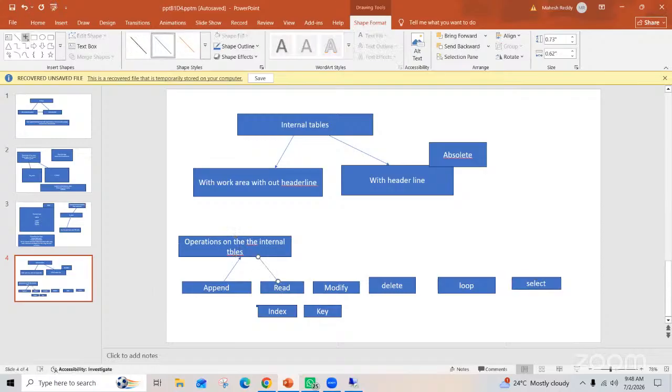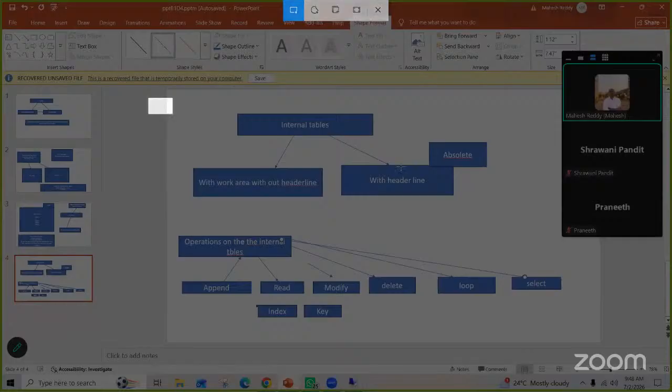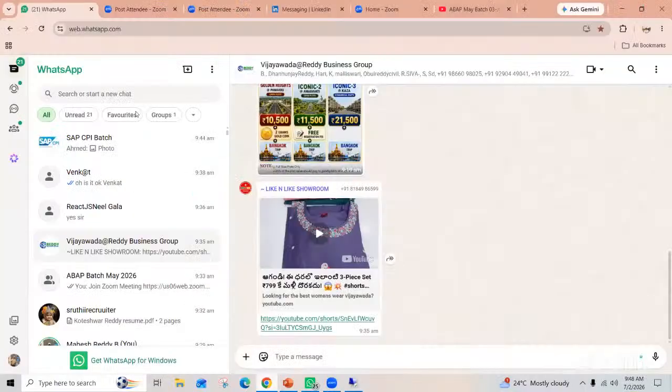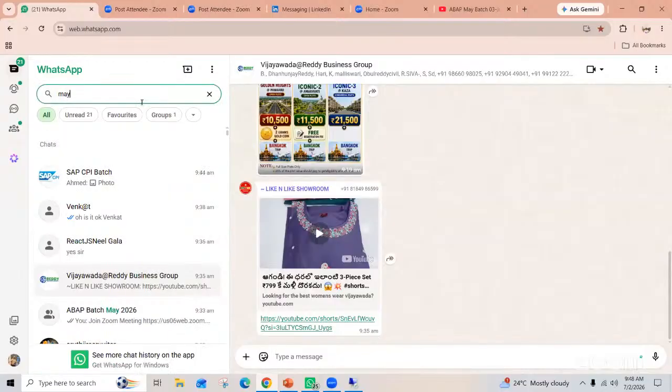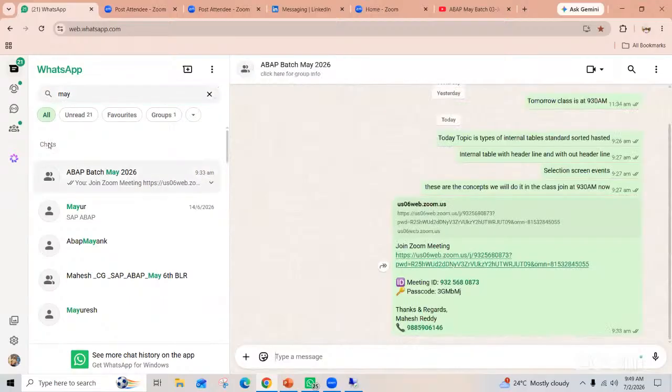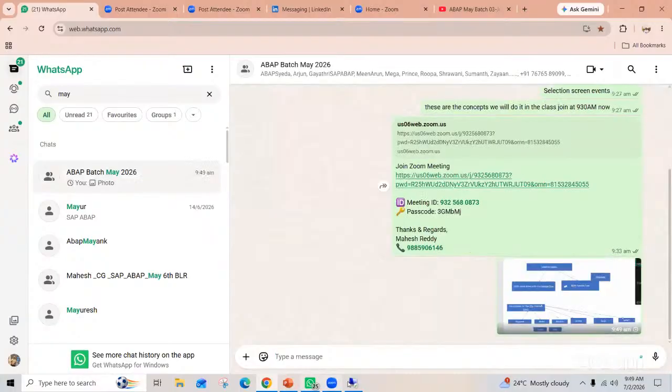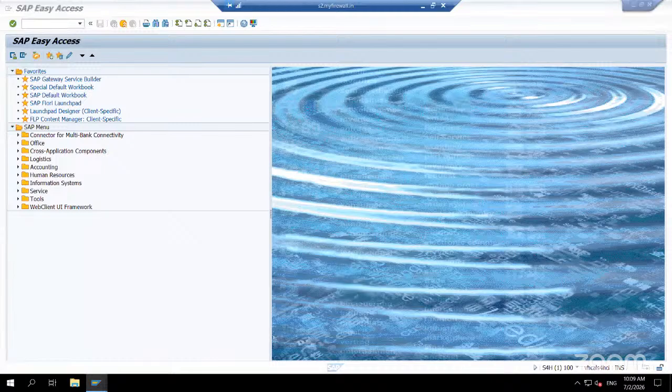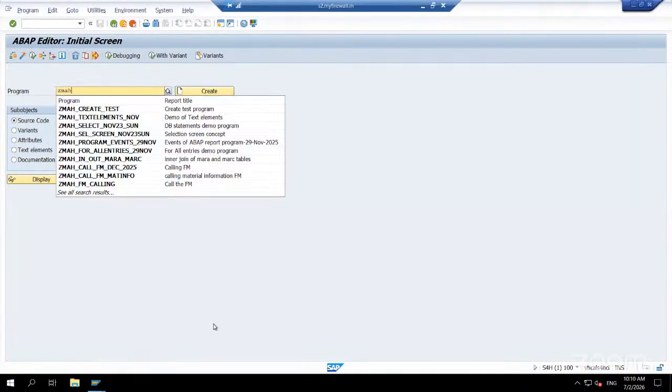I'll do this quickly one by one, practically. Operations in today's day is